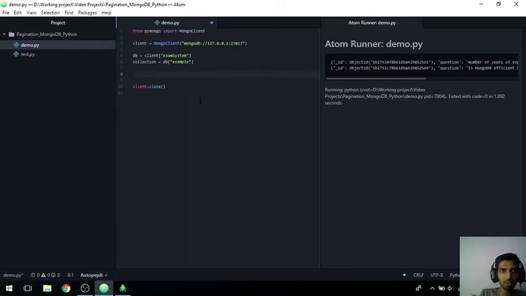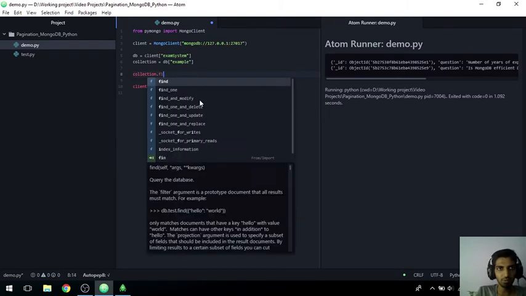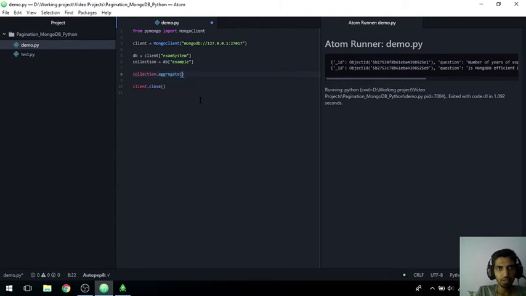We will see a few methods like projection, which are very helpful to implement pagination. So collection dot aggregate. Now you can project the data whichever you want. $project is the name of the inbuilt function which lets you get only the records you want.